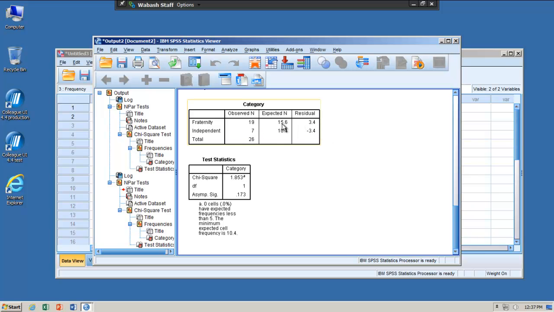And so now my residuals, the difference between the observed and the expected, is smaller. Remember, it was 6 and -6 for our first test. But now, because the expected proportions are closer to what our sample obtained, these differences are smaller. And so in the end, the chi-squared statistic is smaller. It's not 5.5, now it's 1.9. And if you remember, for 1 degree of freedom, the critical value for chi-squared for an alpha of 0.05 was 3.8. And so this obtained chi-square statistic is less than 3.8, and so now we will not